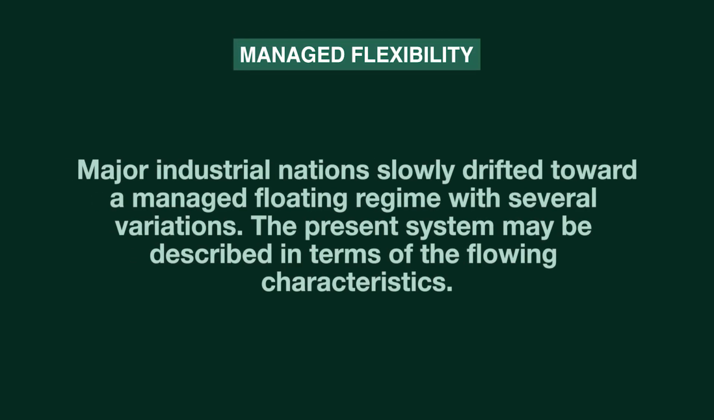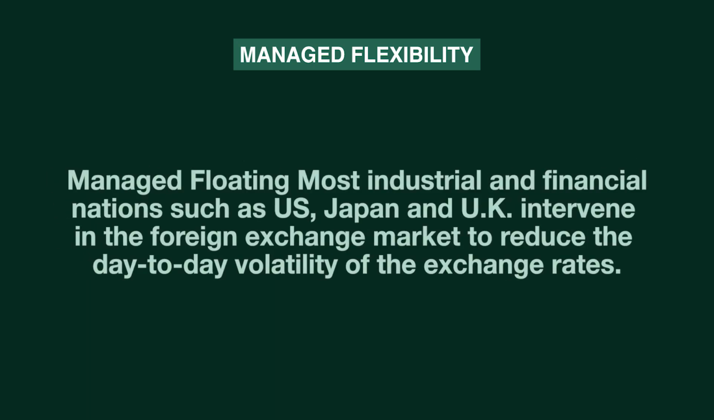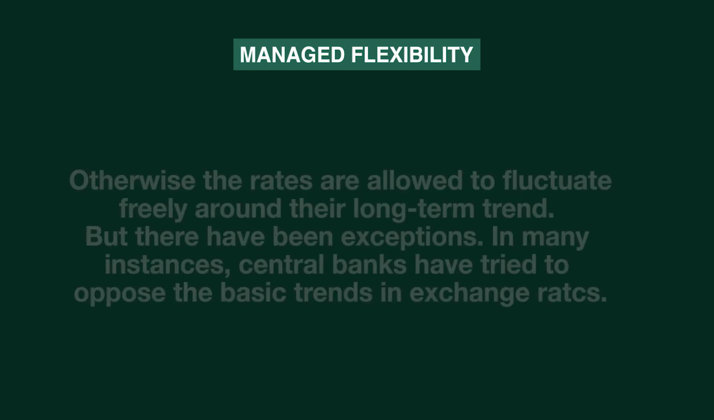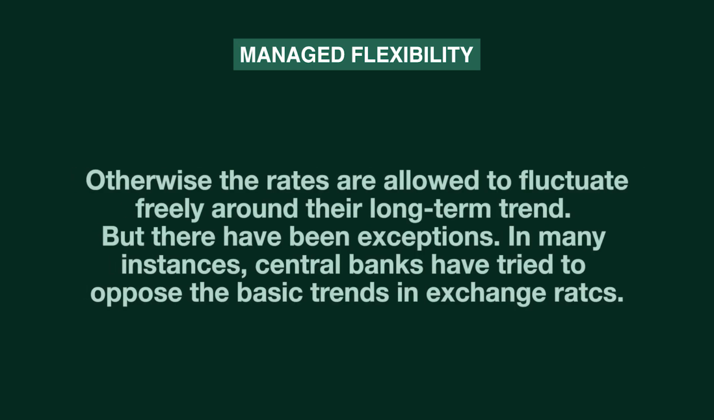So now what we have is managed flexibility. Major industrial nations slowly drifted towards a managed floating regime with several variations. The present system may be described as a managed flexibility system, a managed floating system where most industrial and financial nations such as the US, Japan, UK intervene in the foreign exchange market to reduce the day-to-day volatility of the exchange rate. Otherwise, the rates are allowed to fluctuate freely